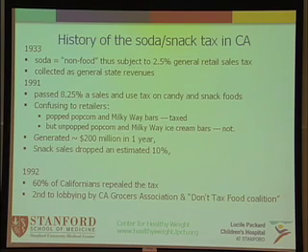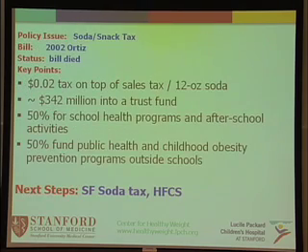But in 1992, 60% of Californians voted to repeal the tax, secondary to lobbying by the California Grocers Association, which said it was a pain in the butt to try to administer, and the newly formed Don't Tax Food Coalition. So watch out for these names of these groups, because sometimes they sound benign but actually have other implications.